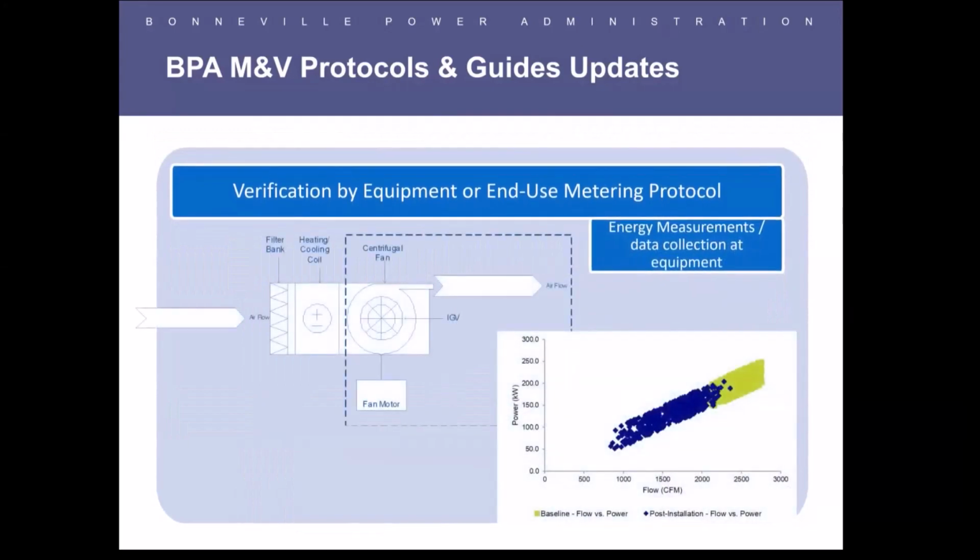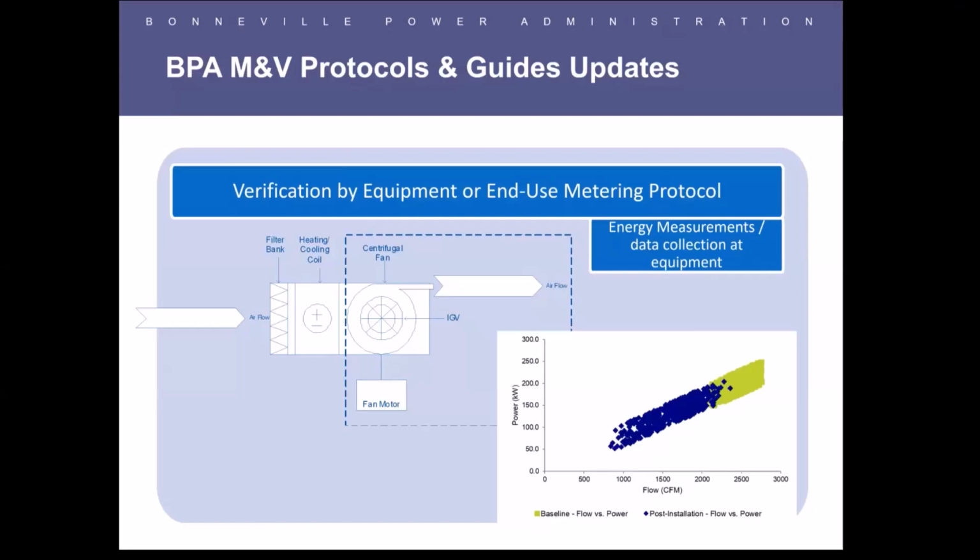Verification by equipment or in-use metering protocol is the first one. This approach generally determines energy savings from direct measurements at the equipment or system level. You can use spot or ongoing measurements along with measuring of operational parameters such as flow rates or other operating parameters. With the direct measurements used by this protocol, safety procedures are paramount in making sure that this is